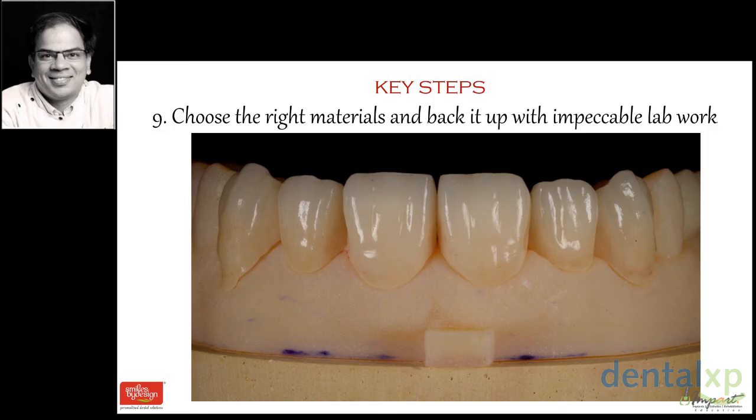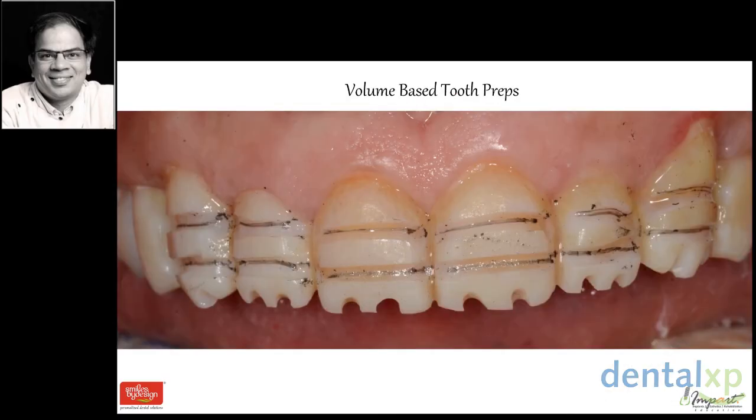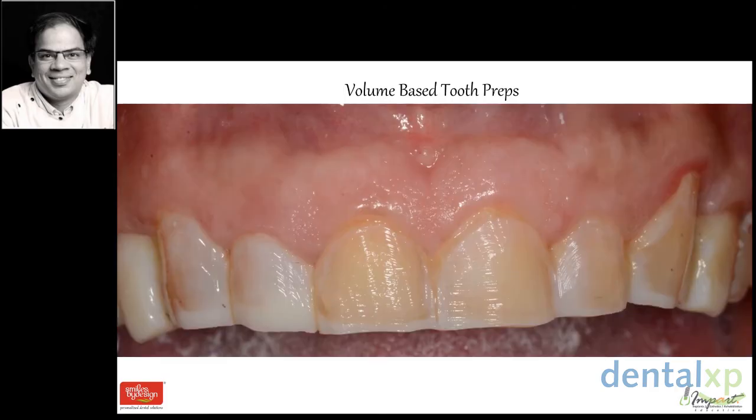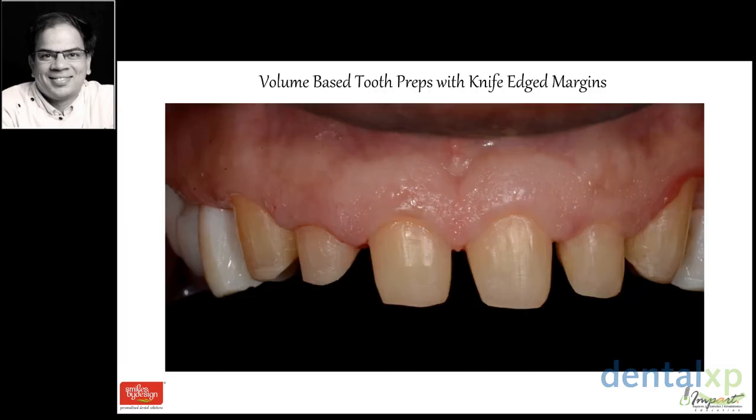So my first step for this patient, after he has approved the provisional, is to take burrs of known diameters. Galip Gürel and Pascal Magne have made these techniques so predictable for us for tooth preps, and we follow that in our procedures. So we do these volume-based tooth preparations to stay within enamel. Here I have achieved the depth that I wanted, and I realized that I've hardly cut the enamel. These are my anterior six preps, which I'm going to do first.